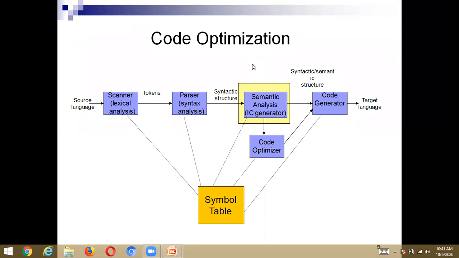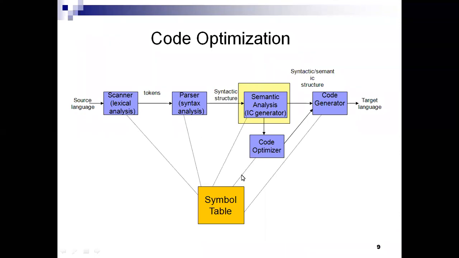And this is about the role of optimization. Here the code optimizer is a tool. By implementing this code optimizer tool, we are applying different transformations and different optimization techniques. Then we are generating the output in the form of an intermediate code language, right? And this is about the code optimization.